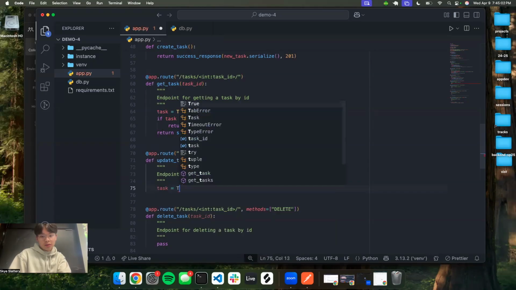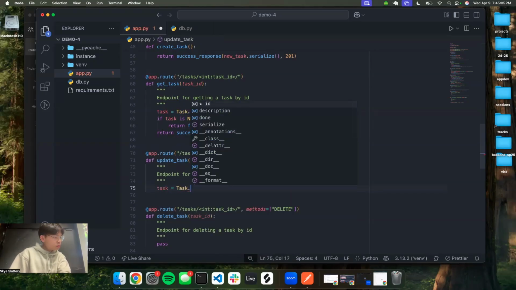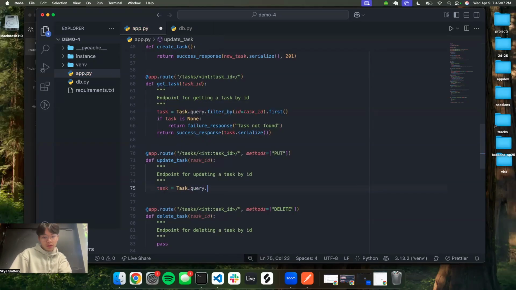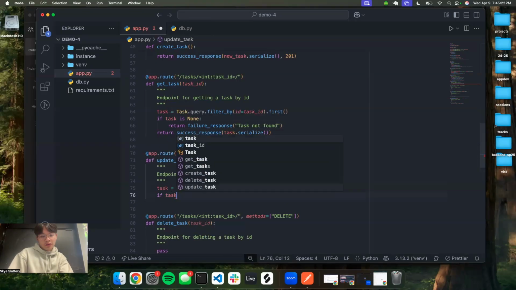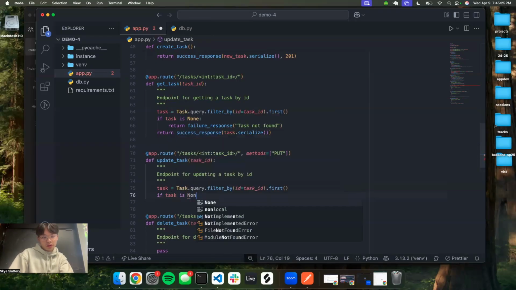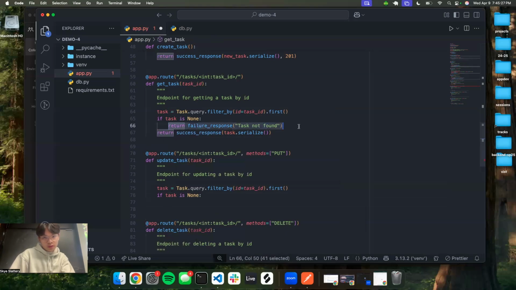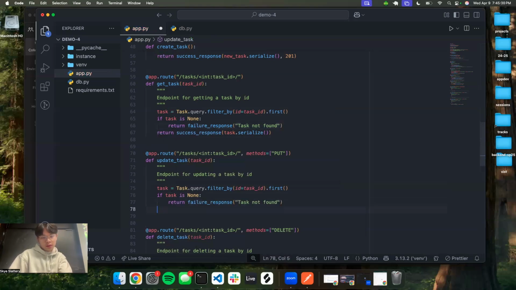So first, let's try and get the actual task. So task equals task dot query dot filter by, and here we need to do ID equals task ID. This is the same line as the previous function. We're doing the first one. So now we have the task, and then we check if task is none. So if task is none, then we want to copy this, like just put task not found. If we do find it, then we want to actually change it, right? So we will do task dot description